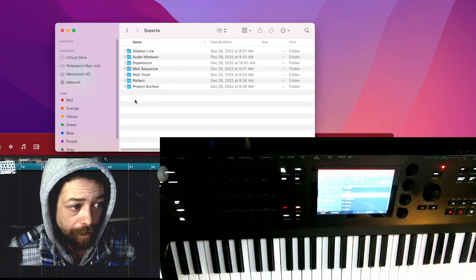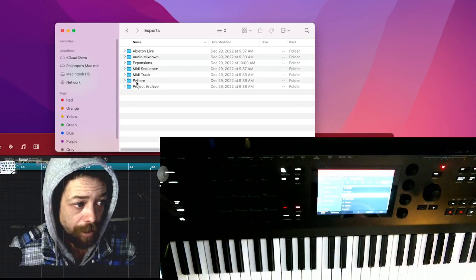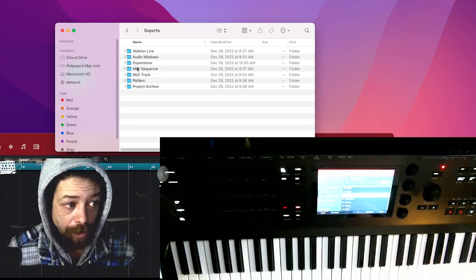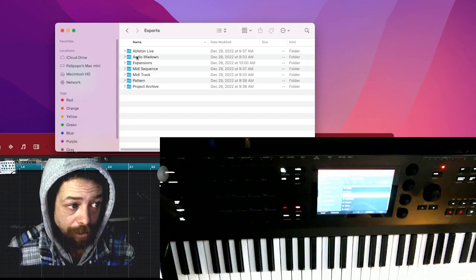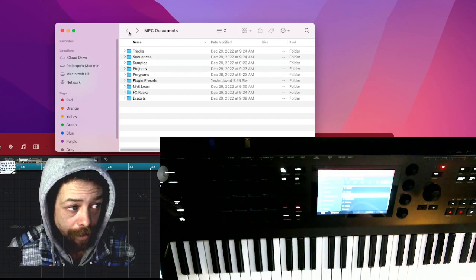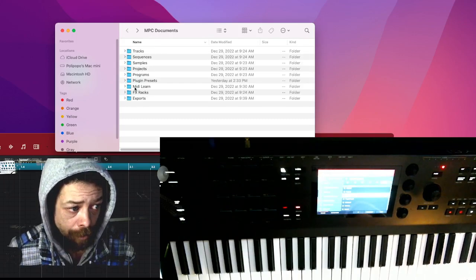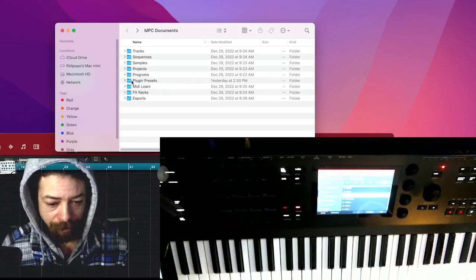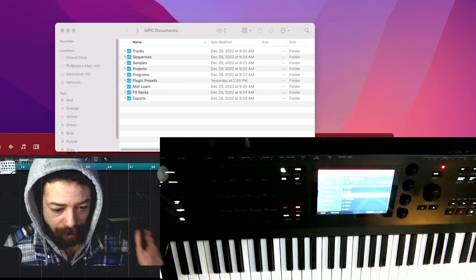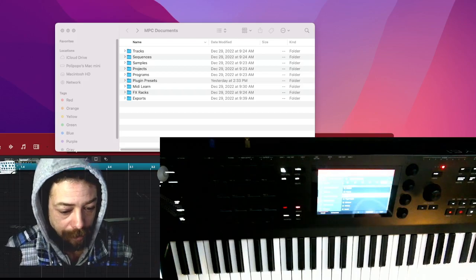It's got your exports, project archives, patterns, MIDI track, MIDI sequence, expansions, your audio mixdown, your Ableton Live, all for your exports. The effects racks, nothing in here, nothing in the MIDI. But if you have a whole bunch of songs inside of your MPC that are yours,